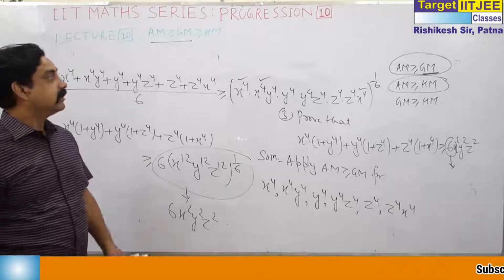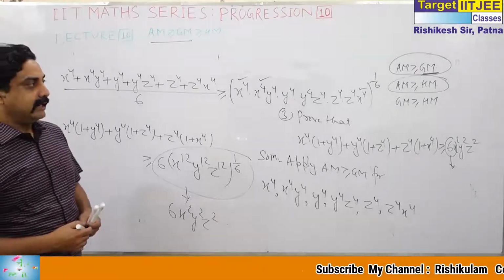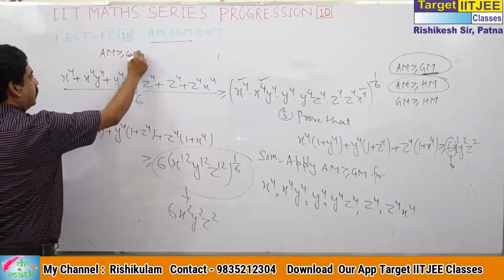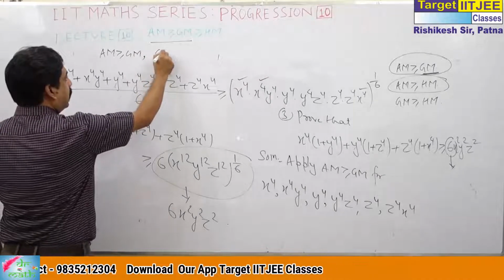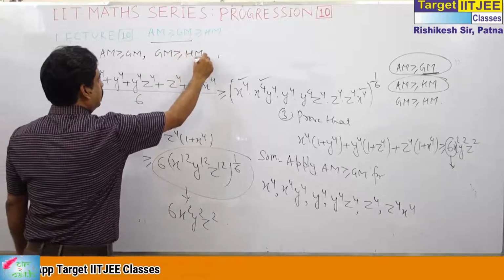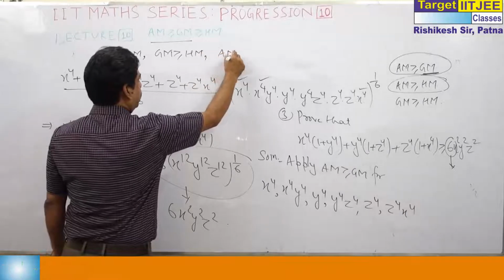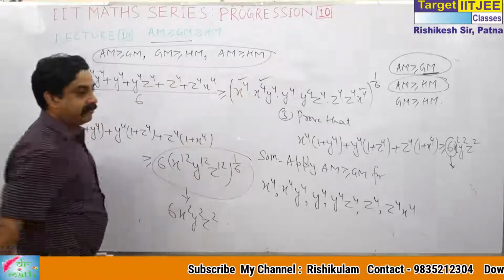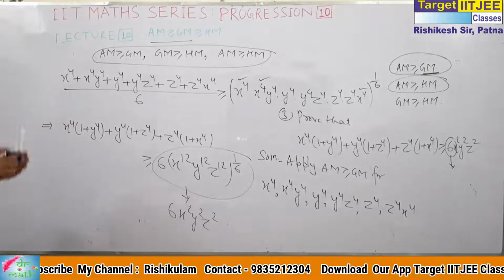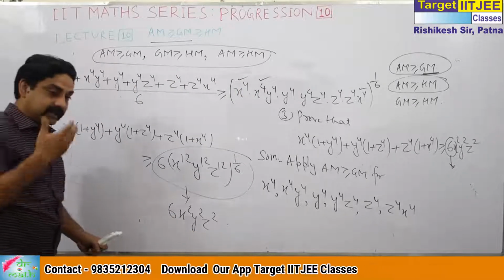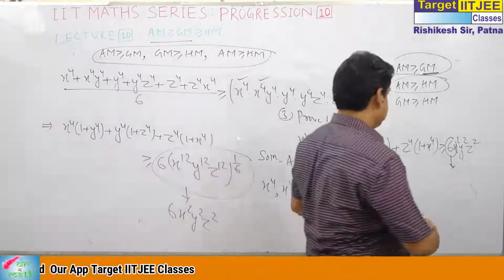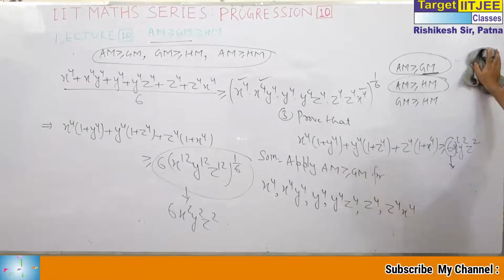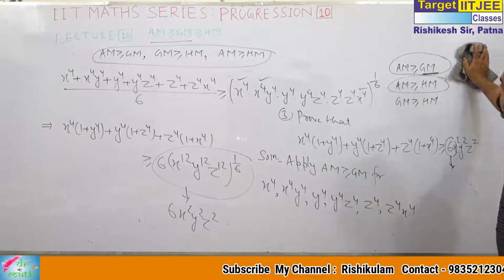So that is the question. I think you are getting ideas. What do we have to apply? We have to work either on AM. First of all we have to guess AM greater than or equal to GM, or GM greater than or equal to HM, or AM greater than or equal to HM. This is very simple. Then we have to find on which quantities we have to apply it like this. Now I am just giving simple questions. I will make some good questions now.